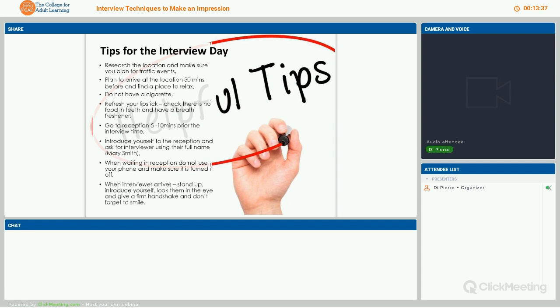Make sure you go to reception about 5 to 10 minutes earlier. And not more than that. Really. Oh God, no! Don't arrive, and then sit there and awkwardly watch everyone come in. If necessary, sit in your car or go and sit somewhere and play on your iPhone beforehand. Okay. Once you get into reception,